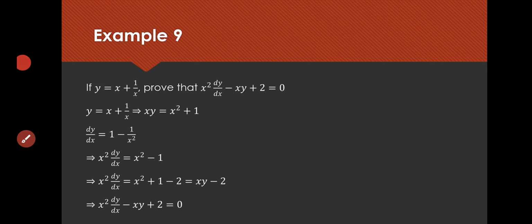Correct? So basically, this is how you solve the problems based on derivatives. You have to be a little bit careful with the calculation, particularly whenever you have a quotient form, that is u by v form. If you have this u by v form, you have to do a little bit of calculation. But once you go on doing it, I'm pretty sure you will be able to understand. So thank you so much. This ends the chapter.